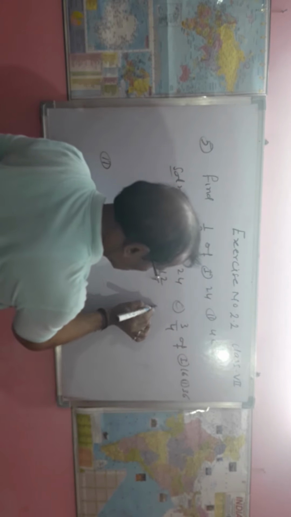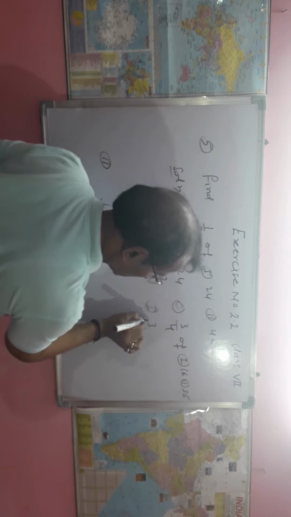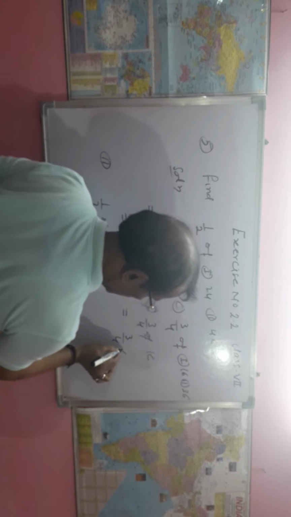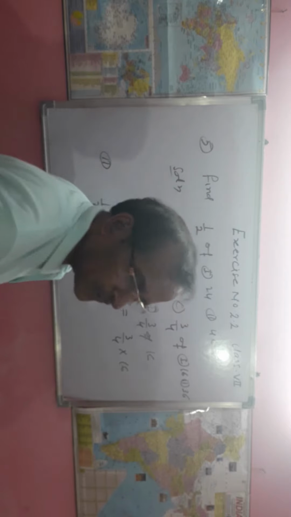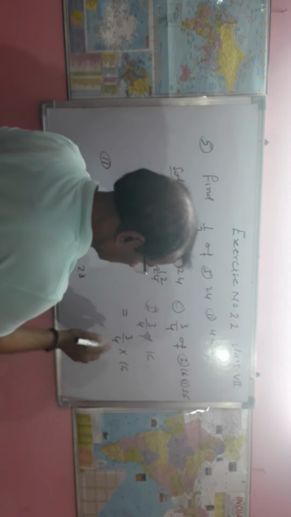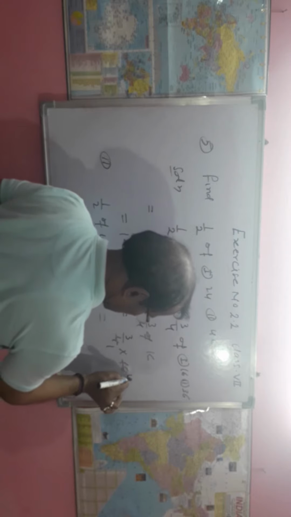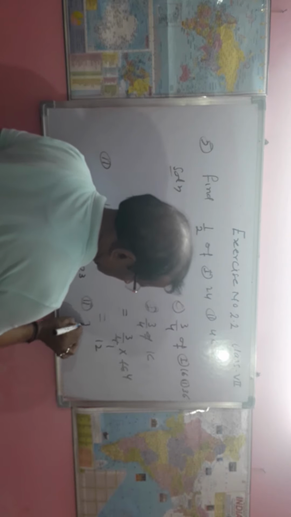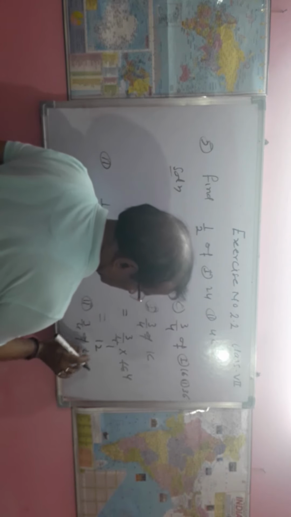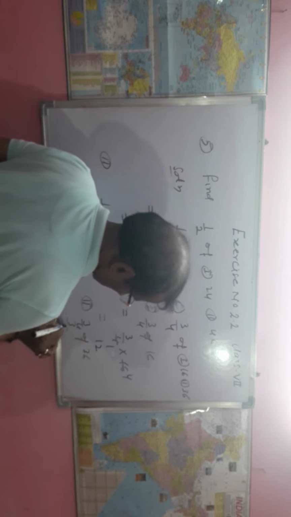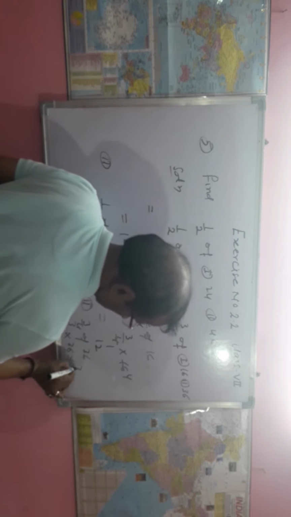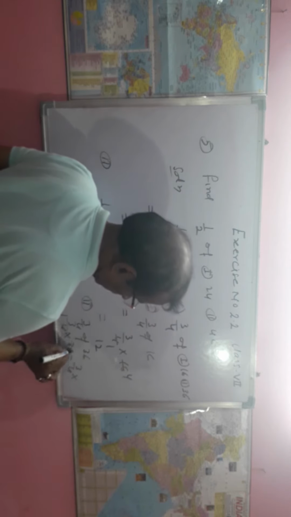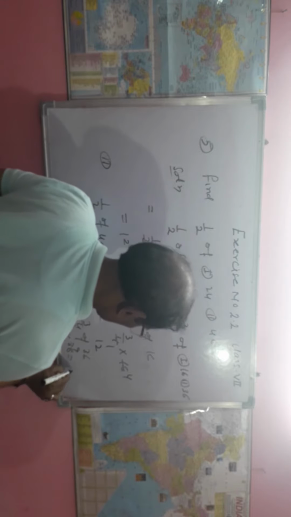Now the first part we will solve. First part, 3 upon 4 of 16 is equal to 3 upon 4 multiplied by 16. In place of x we have to multiply by 16. Now 4 ones are 4, 4 fours are 16, 4 threes are 12. Now the second part we can solve like this. 3 upon 4 of 36. Then 3 upon 4 multiplied by 36. We get 4 ones are 4, 4 nines are 36, and the answer is 27.